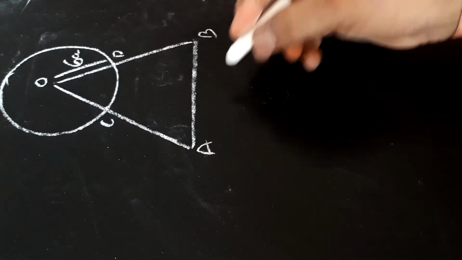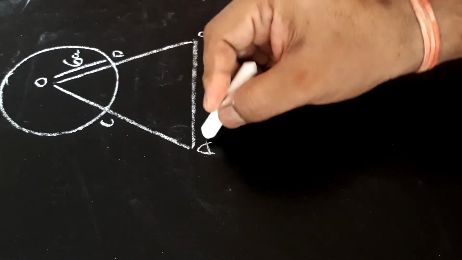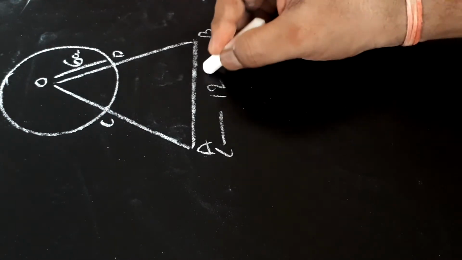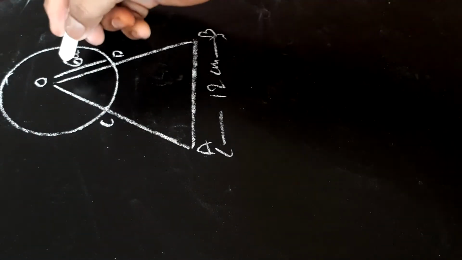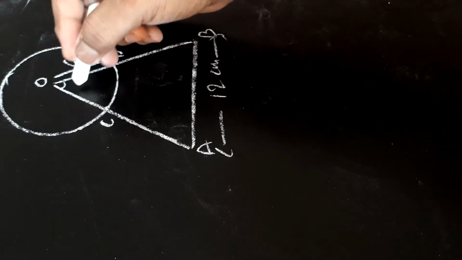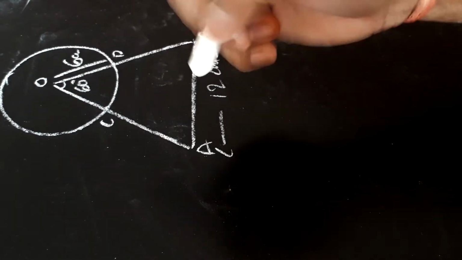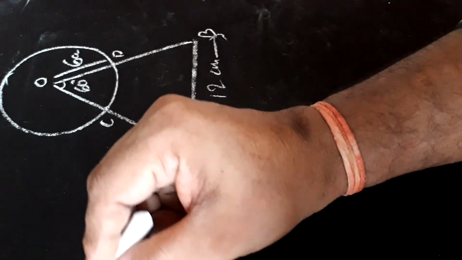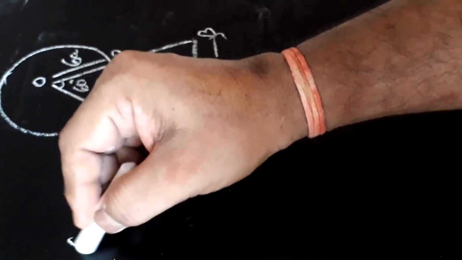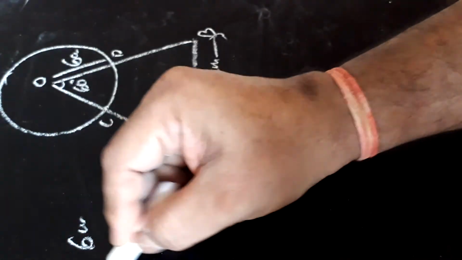We will find this side of this equilateral triangle is 12 centimeter, and we know each angle of an equilateral triangle is 60 degrees, so this angle O will be 60 degrees. We will find 3 areas in this figure. First, here the radius of the circle is 6 centimeter. We will find the area of the circle.